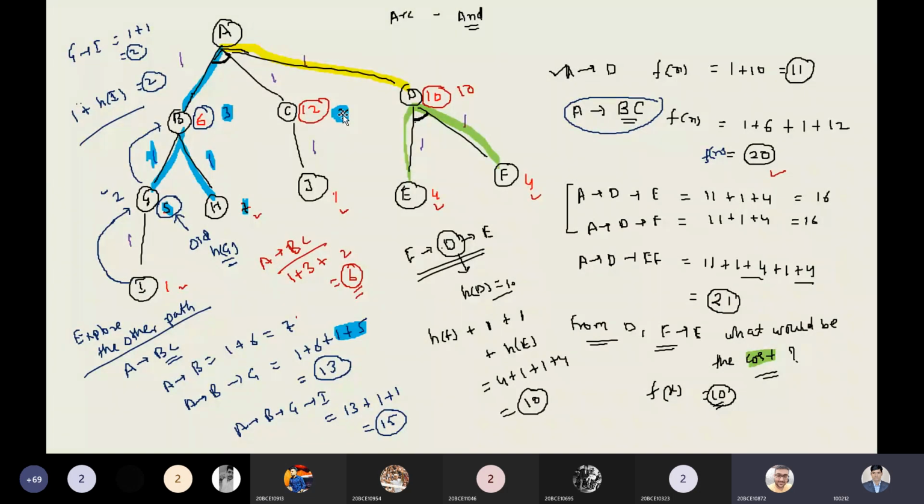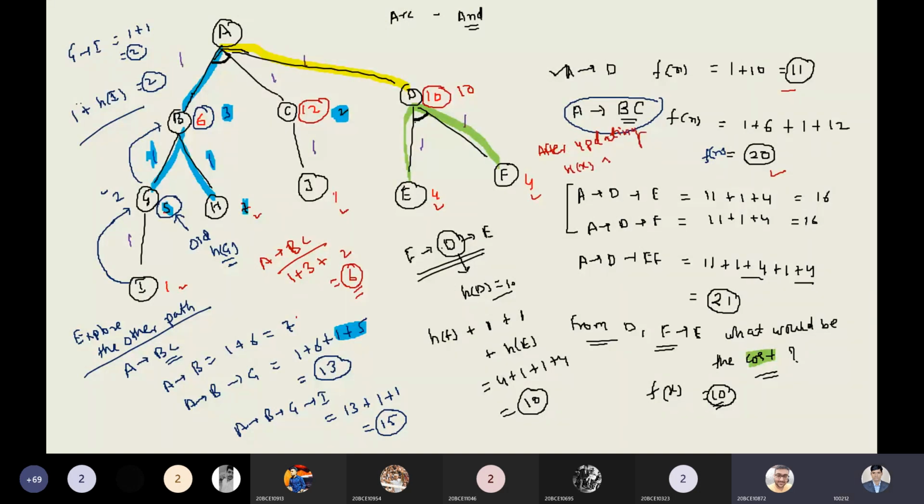Now, in this case, the new cost of A to BC would be 1 plus 1 plus 2 plus 3, that would be 7, which is lesser than A to D, that is 11. Tell me right now, this is the most important point. See, A to D we have chosen, that was 11. So A to BC, after updating